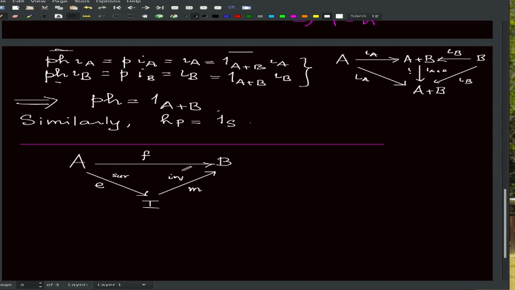And such a factorization, we have seen, is unique up to isomorphism, up to a unique isomorphism. And one such explicit such is